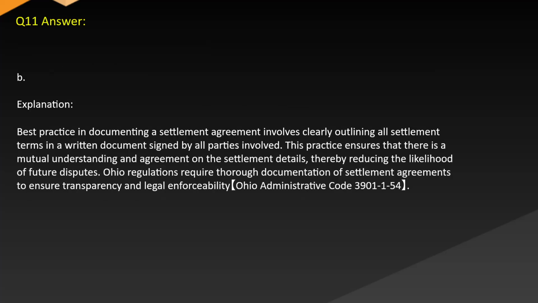Answer: B. Explanation. Best practice in documenting a settlement agreement involves clearly outlining all settlement terms in a written document signed by all parties involved. This practice ensures that there is a mutual understanding and agreement on the settlement details, thereby reducing the likelihood of future disputes. Ohio regulations require thorough documentation of settlement agreements to ensure transparency and legal enforceability. Ohio Administrative Code